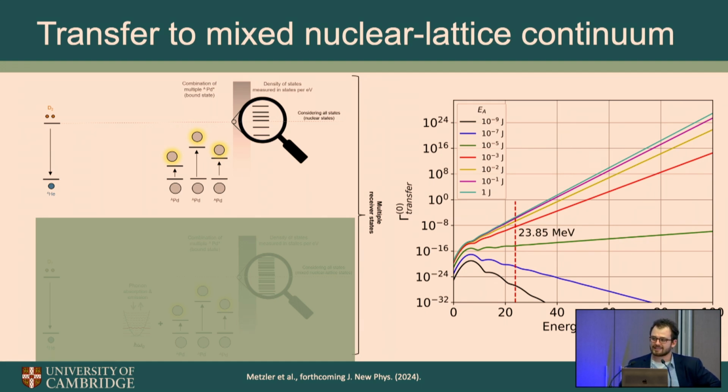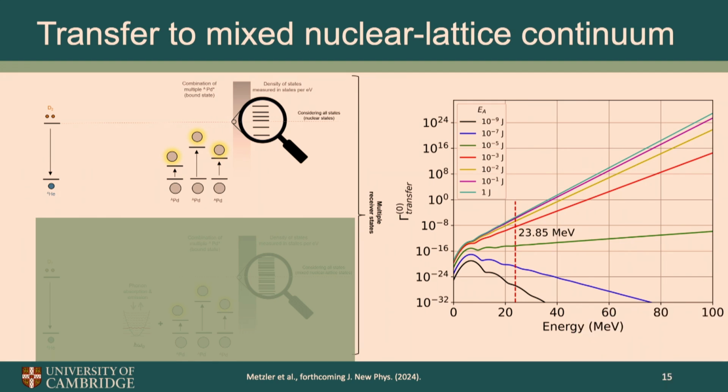And on the x-axis, you have the quanta of energy to be transferred in your excitation transfer, right? So this is, in our case, 23.85 MeV because we're transferring the D2 to helium-4 transition. And then the different curves represent different amounts of energy dissipated into the acoustic phonon modes to achieve that coupling. And you can see that at 23.85 MeV, if you intersect with, let's say, 1 joule of dissipated energy, you're